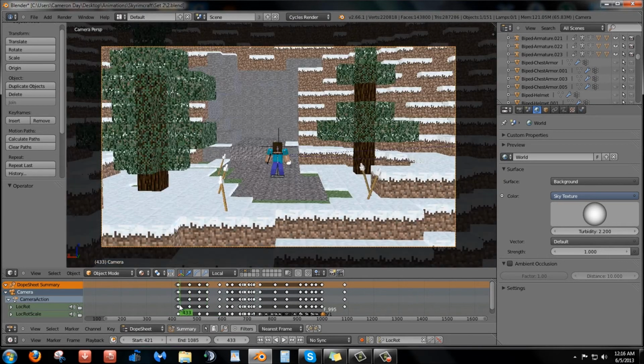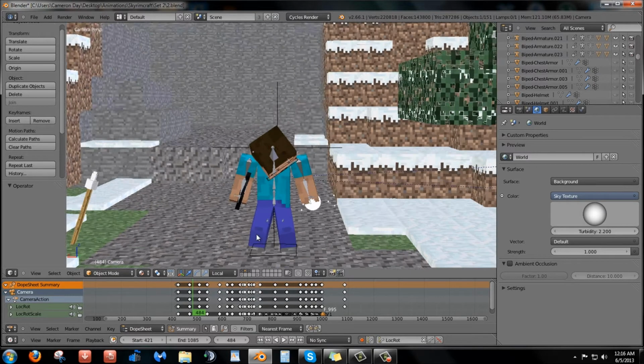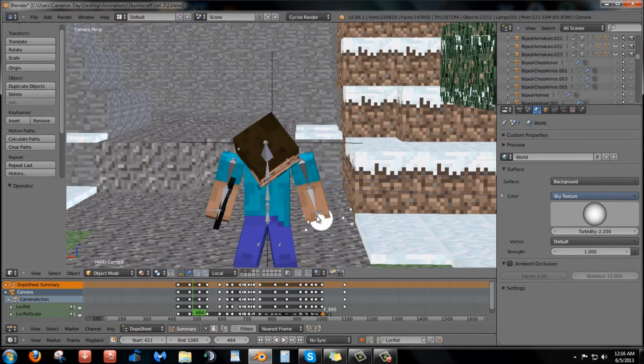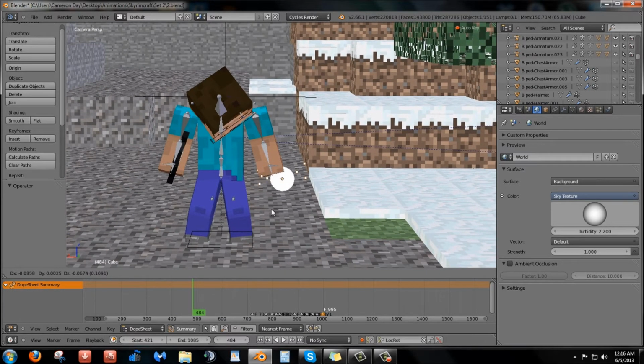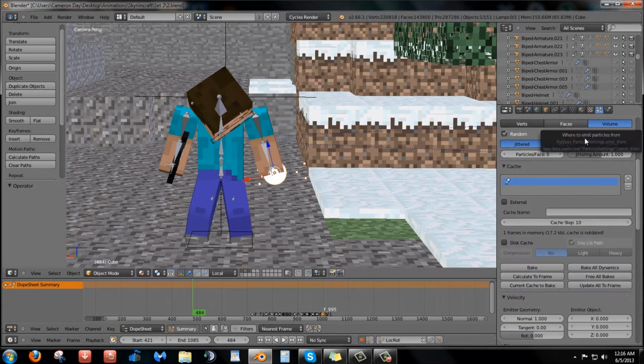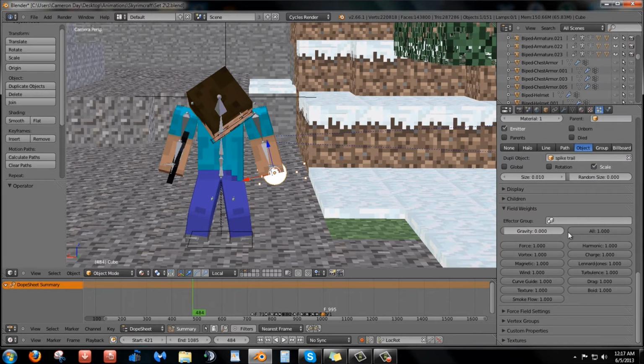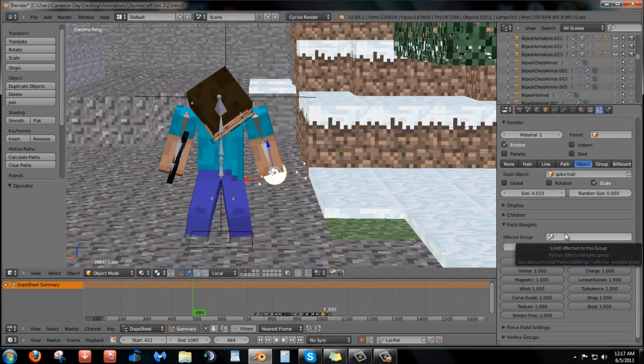I basically did the same thing with the magic on this, except there's just a sphere right there, and I made the sphere invisible, of course. And I think I just turned the gravity to 0. I didn't do anything too crazy with it either. Newtonian, gravity off. It's a very, very basic particle system. And of course, I changed the render to object and used the same cubes from the previous file.